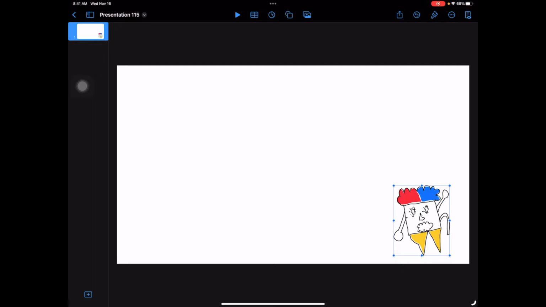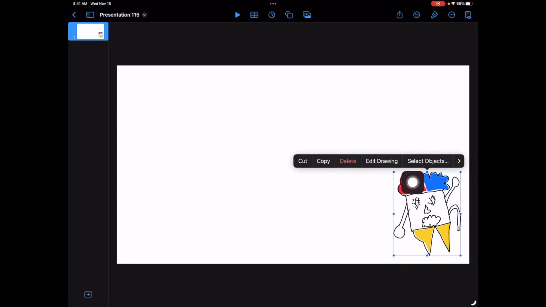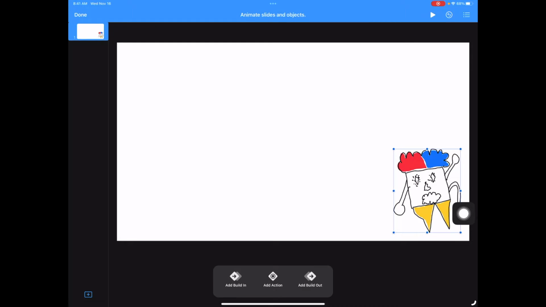And what we want to do is show you how to make your monster do some movements. So if you tap on your monster, you get a menu. And then if you tap on the arrow on the far right side, you'll find a button that says Animate. Now, there are a bunch of options inside of animating. We're going to go with Add Action, which is the middle one,